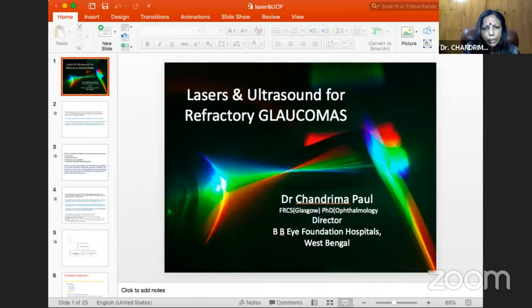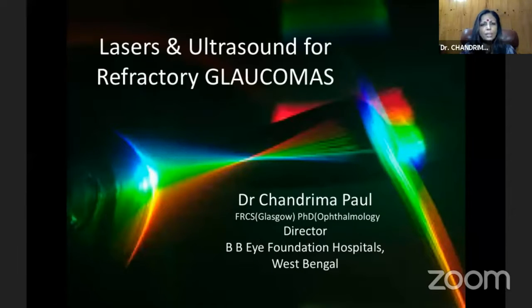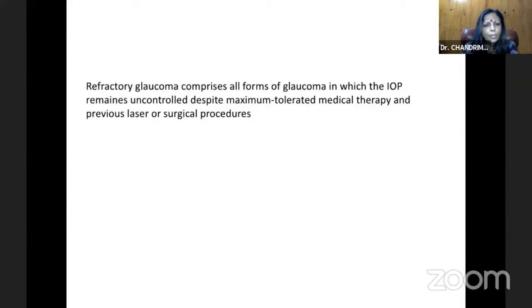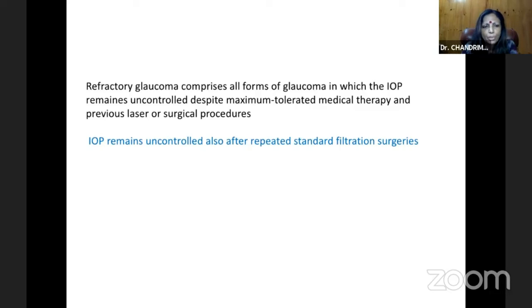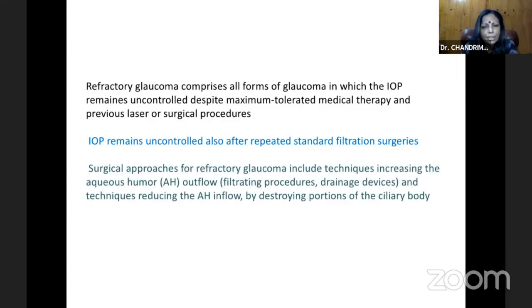So just to complete the course, I'll take you through lasers and ultrasound for refractory glaucomas. Refractory glaucomas comprise all forms of glaucoma in which the IOP remains uncontrolled despite maximum tolerated medical therapy and previous laser or surgical procedures. IOP remains uncontrolled also after repeated standard filtration surgeries, and surgical approaches for refractory glaucoma include techniques increasing the aqueous